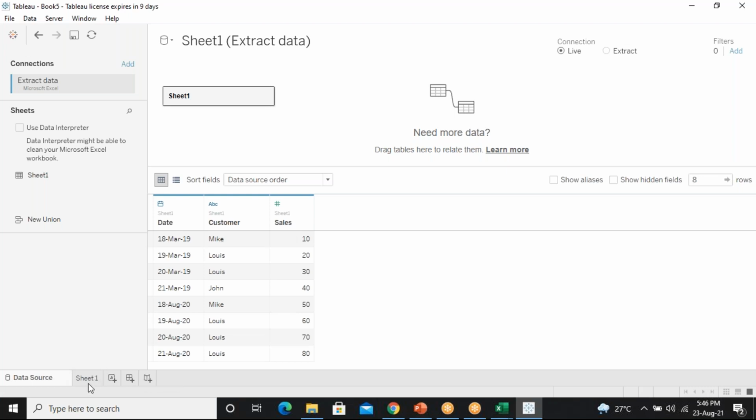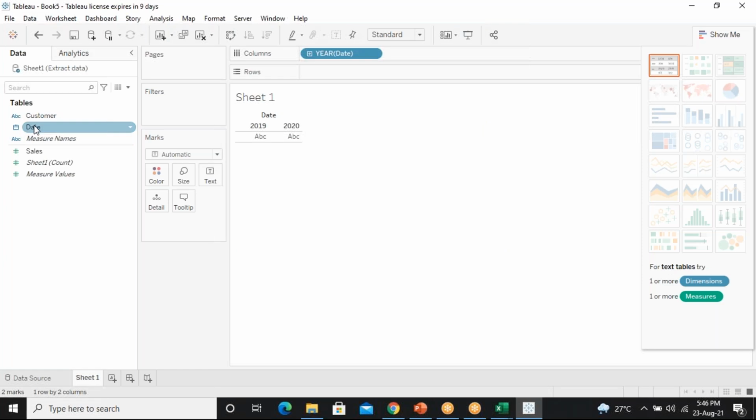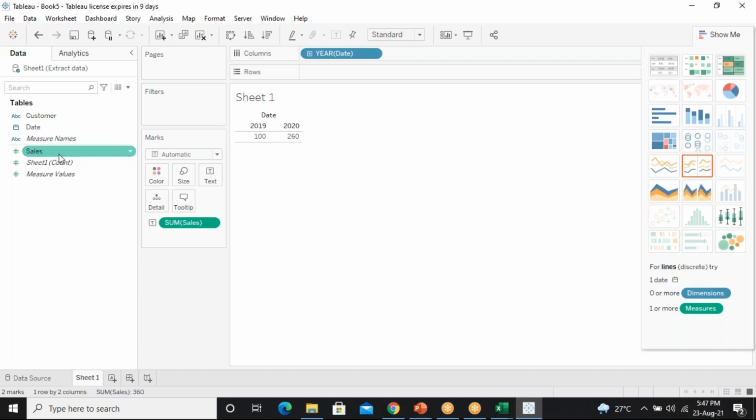Now I'll go to the sheet view. Once you enter the sheet view, let me take date, and let me take the sales amount.